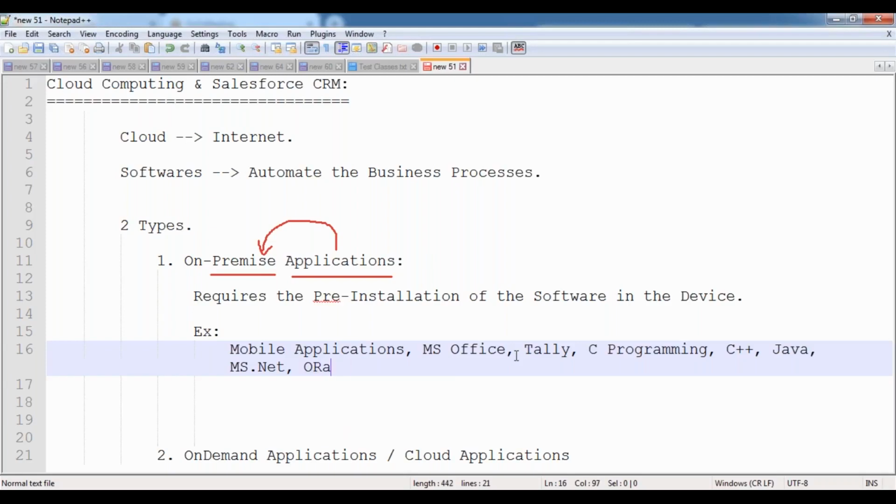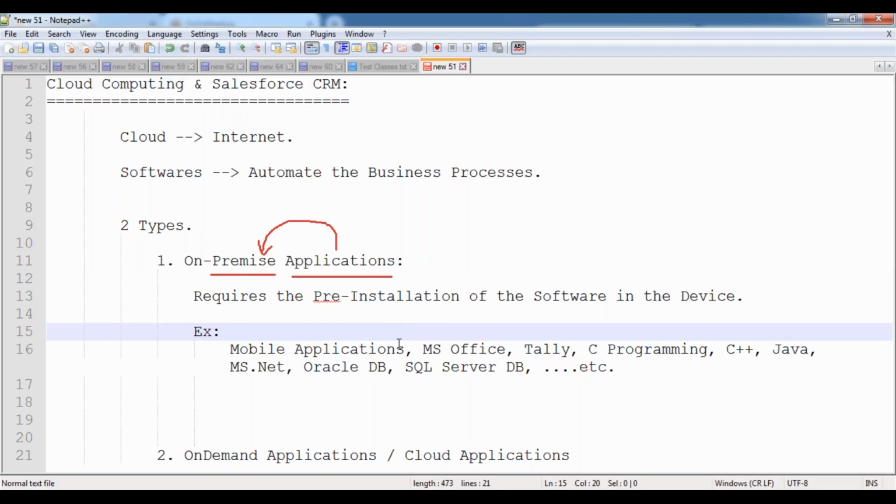I want to use an Oracle database to store some data. So this Oracle database also we have to install on our local server or on our organization's server. I want to use a SQL Server database to store some data. Here also we need to install it, either on our local system or on the organization's server. Somewhere we have to install it. That means whatever software we are using in the IT industry, almost all of it is on-premise,